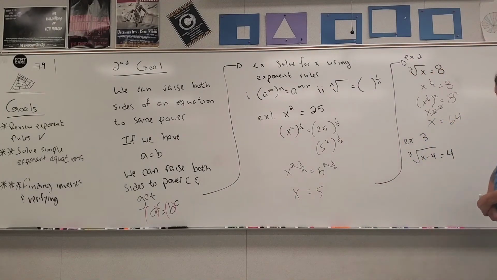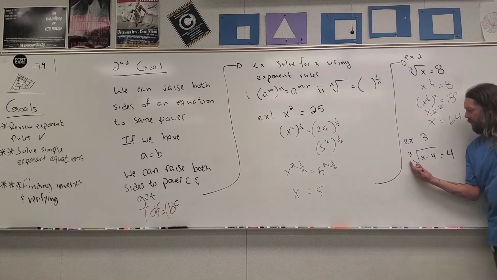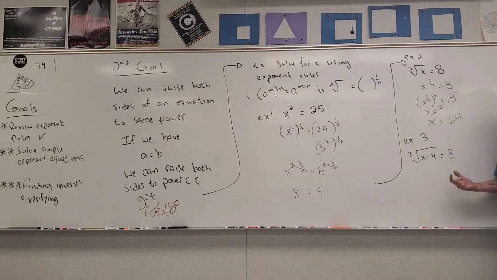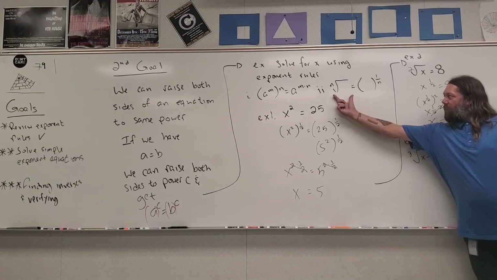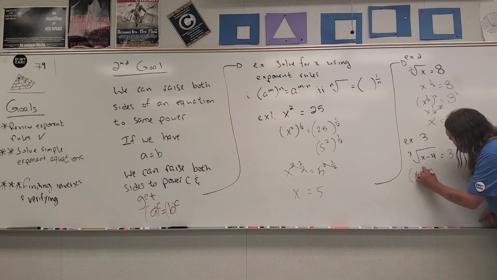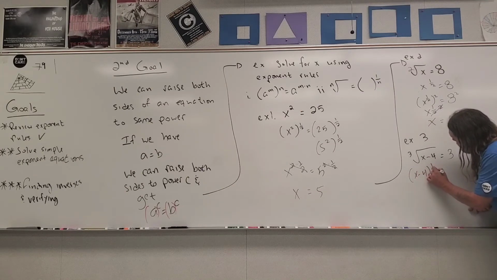I have one more example that I'd like to do before we move on to the third goal here, and I'd like to solve the third root of x minus 4. Let's make that equal to a different number. Equal to 3. Okay, the third root of x minus 4 equal to 3. So I have the left side of the second rule, so I'm going to rewrite it. So I have the right side, so now I have x minus 4 to the power 1 over 3,